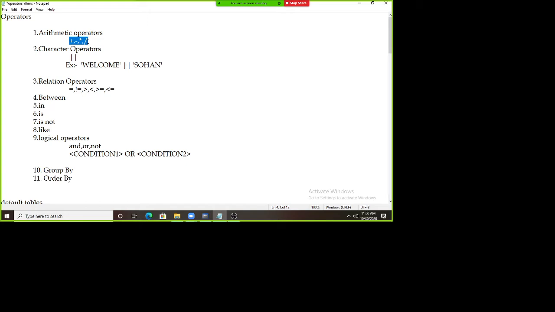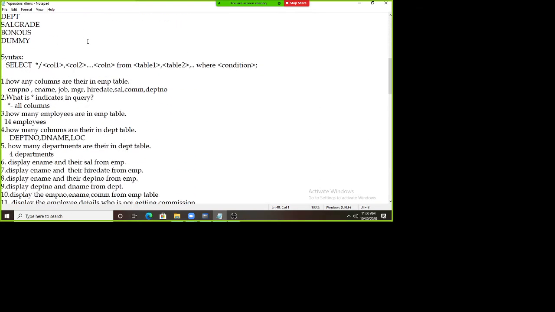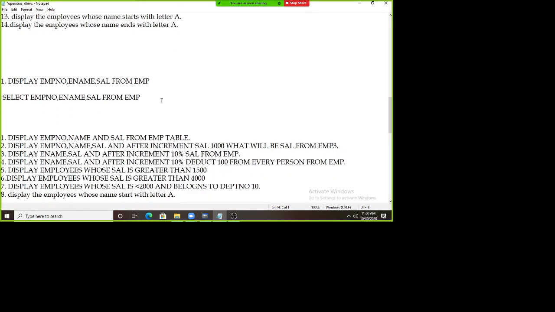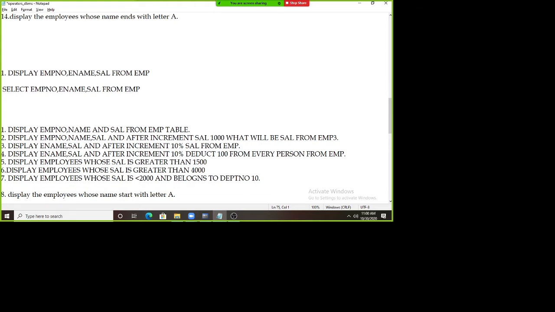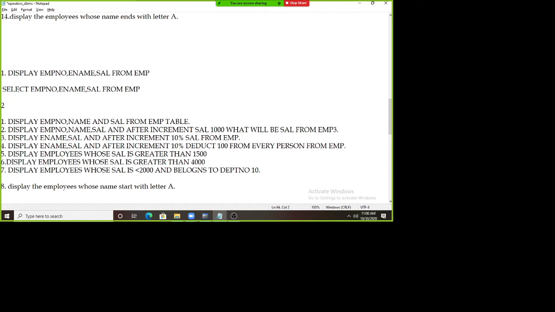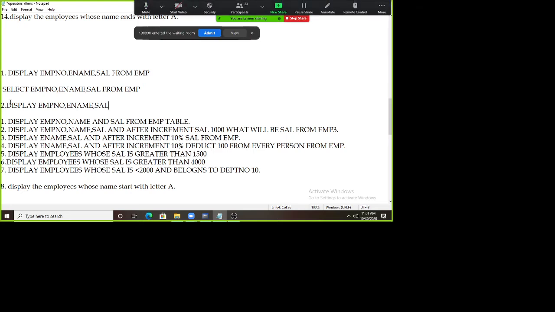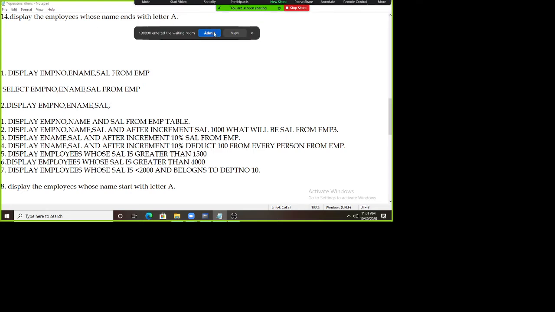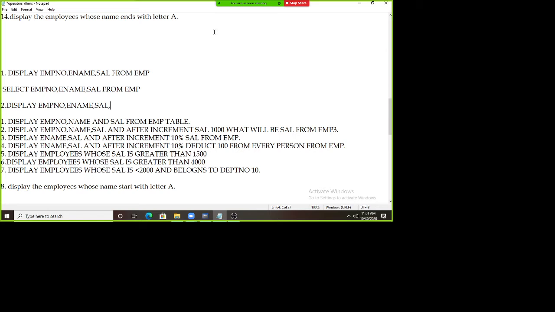To use these operators, I'm going to write one small query. My query is that I want to display, same as this, employee number, employee name, salary. And another thing: I want to see the person's salary after incrementing 1000 rupees for every employee.